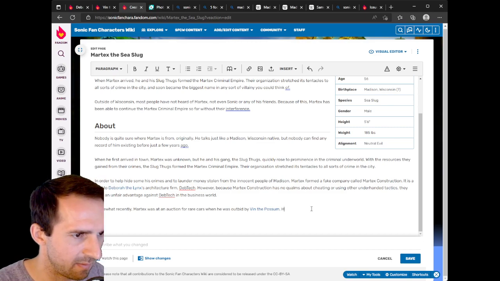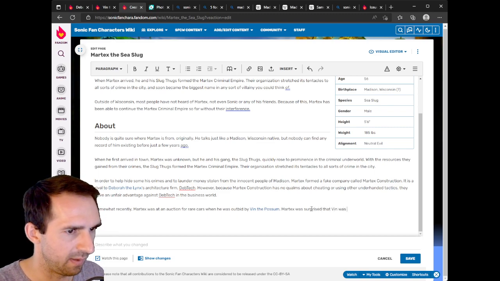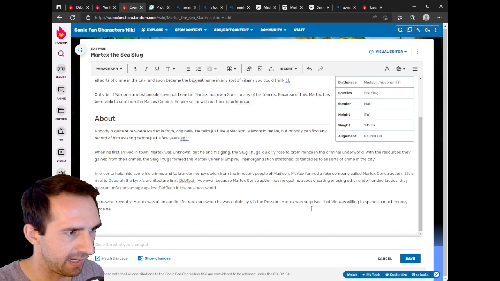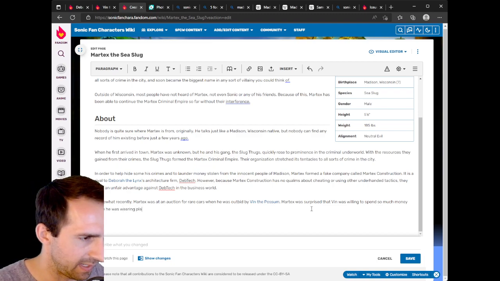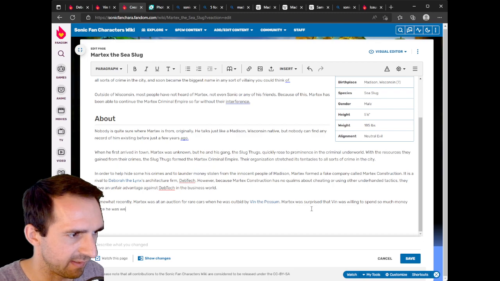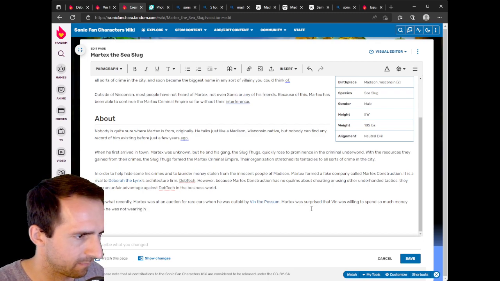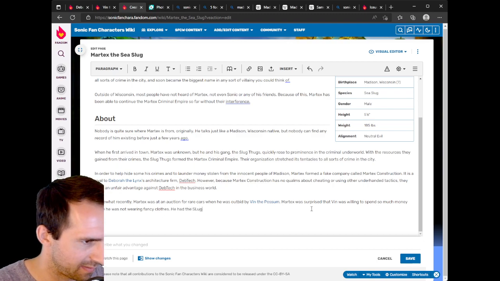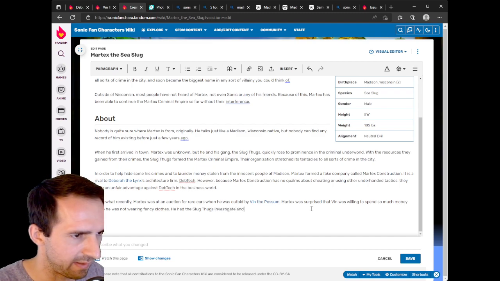Martex was surprised that Vin was willing to spend so much money since he was wearing plain, not fancy clothes. He had the Slug Thugs investigate, and they learned that Vin had defrauded the money